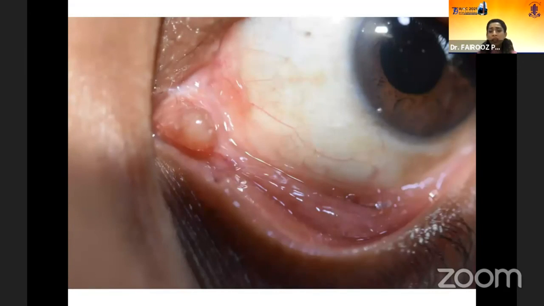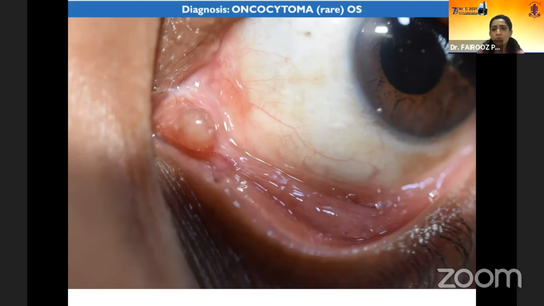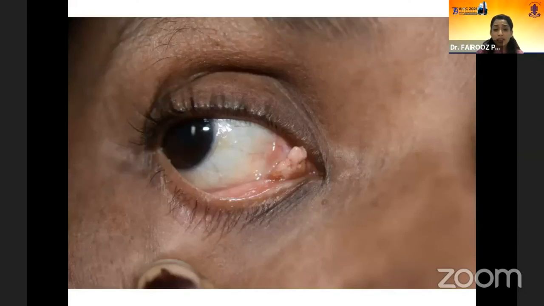Now, this is a patient who presented with this tiny fleshy lesion in the caruncle. I'll just take you through a few caruncular lesions. In fact, she was bothered. She was a pharmacist, very much aware of the medical part of diseases. So she was very, very worried about the small lesion, which had been rapidly growing. And this came out to be an oncocytoma, which is a very rare tumor, but systemic evaluation is very important, and there can be recurrences in these lesions.